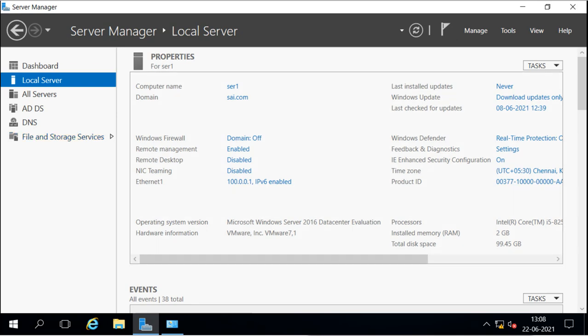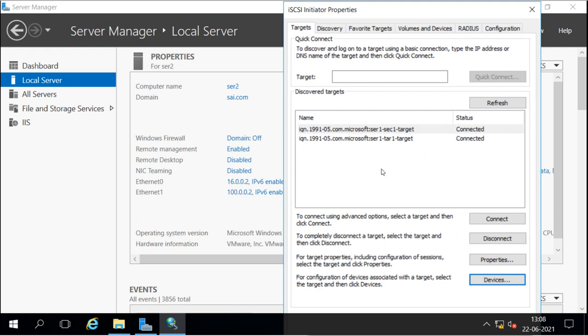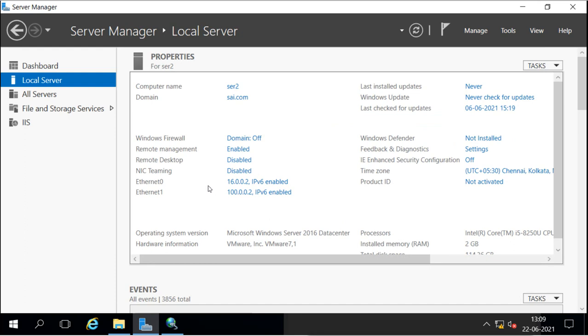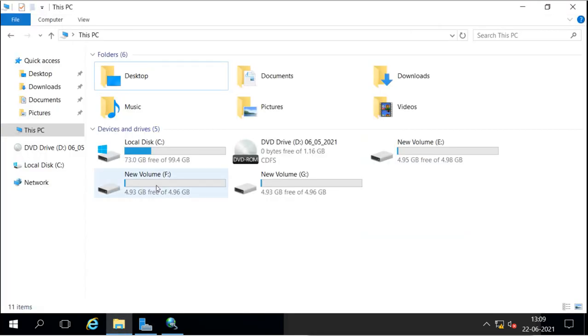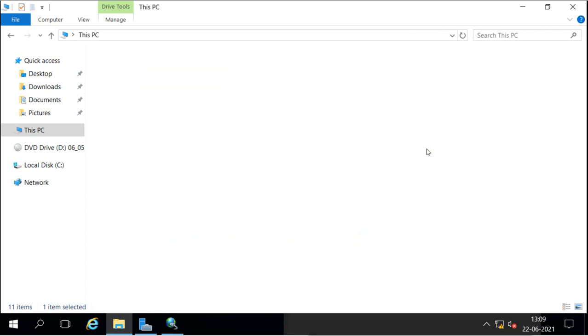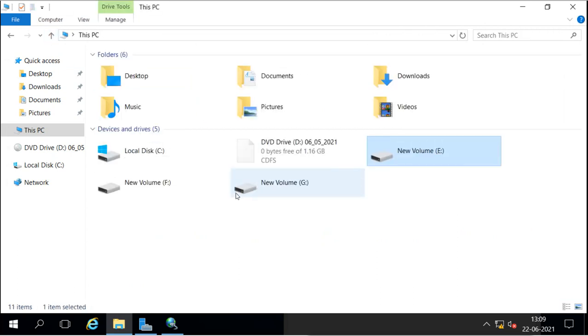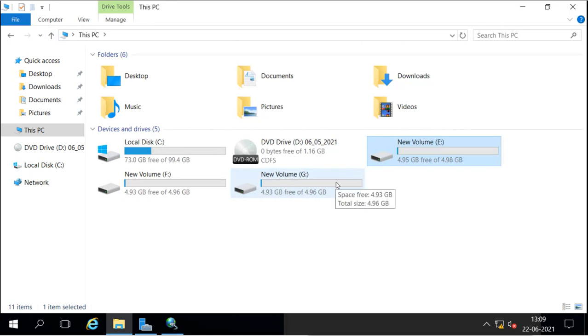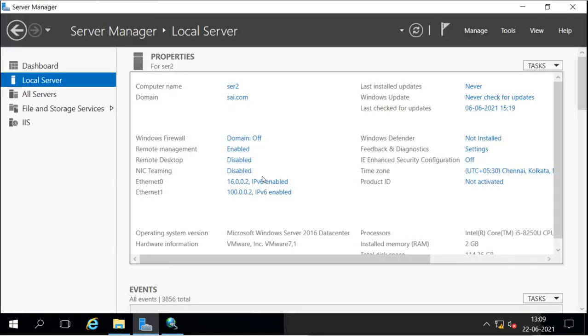We'll go to the client. Now here it is still saying that it is connected. It is connected from the other interface. So it is still connecting because the other interface is working from the storage. And we go to this, we can still see the devices are available, and we can use these devices. We can use them to store the data, to retrieve the data, whatever we have. So we are using the multipath to connect to the storage server, and it is doing the round robin, it is doing the load balancing.